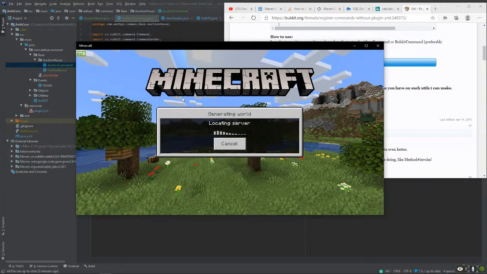I am 95% sure this isn't gonna work. Wait, what? Never mind. So loading resources.